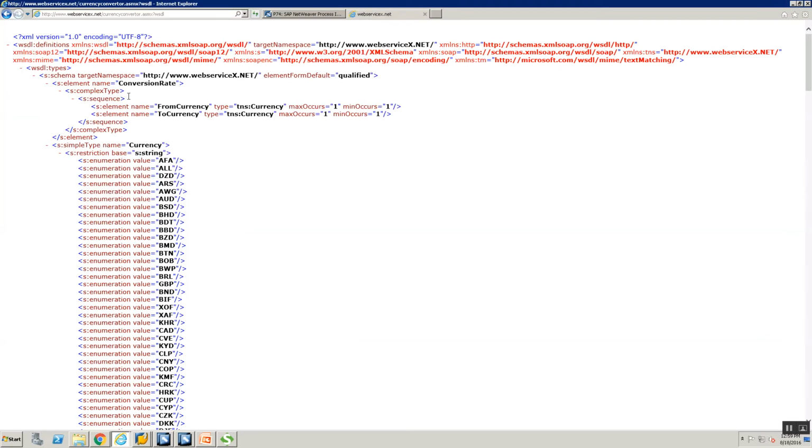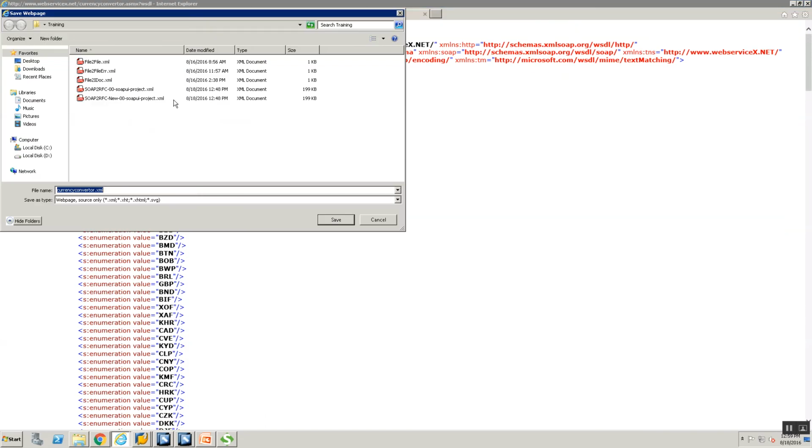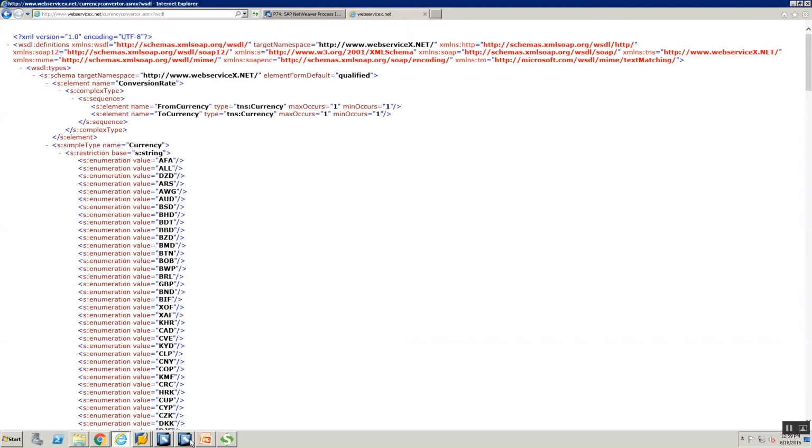Okay, so how do I save it? I launch this, and then you say Alt F, go to Save As, and give the name of the file. Okay, it might say XML, give the folder. In our case, we are going to save it as a WSDL file. Okay, now that we've done with that, let's go ahead and start up a PI development.